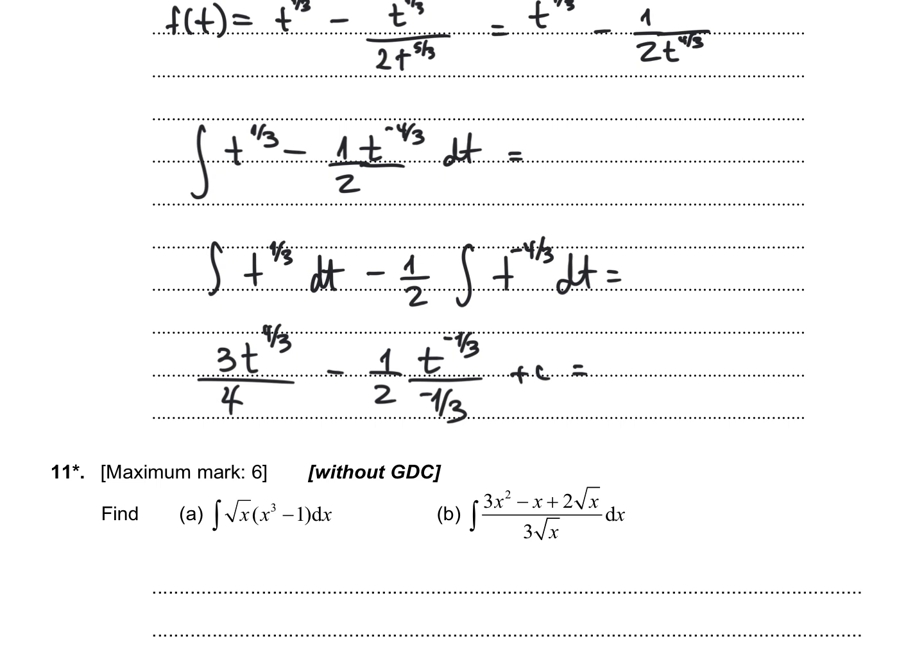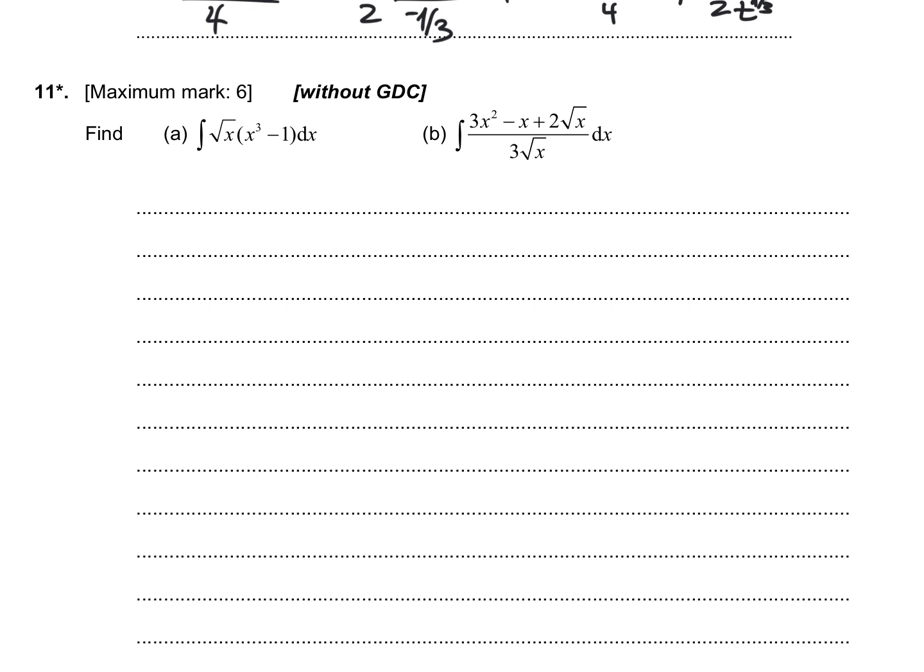And if we just simplify, so 3/4 t to the 4/3, and then we're going to have plus 3 over 2, and then we can put t to the 1/3 on the bottom, plus c. Okay, 11, if we distribute,